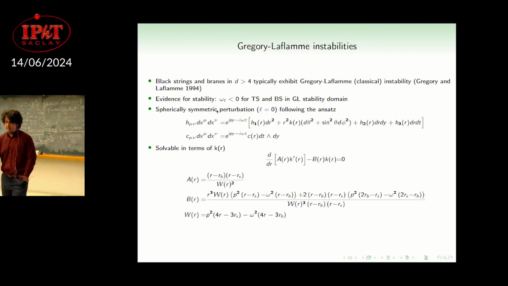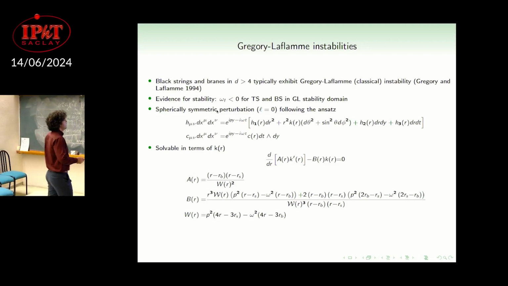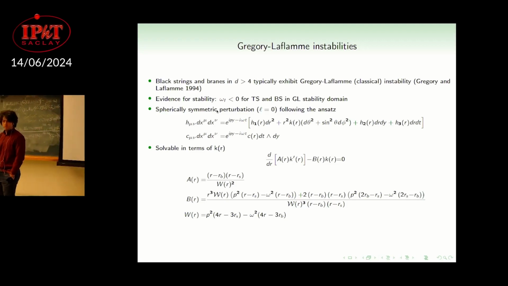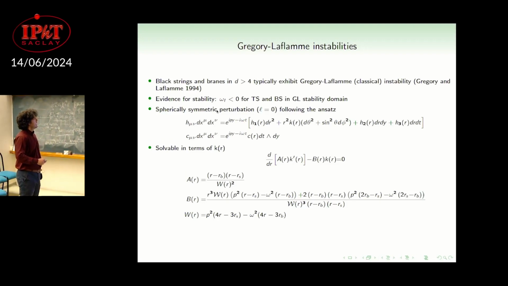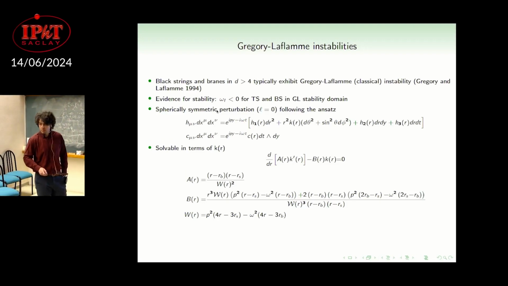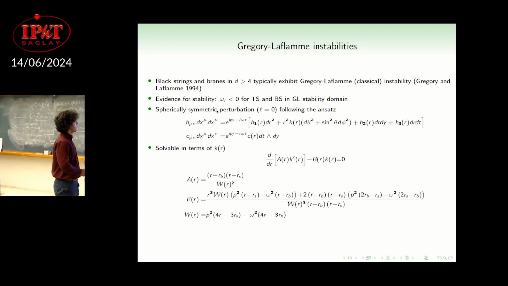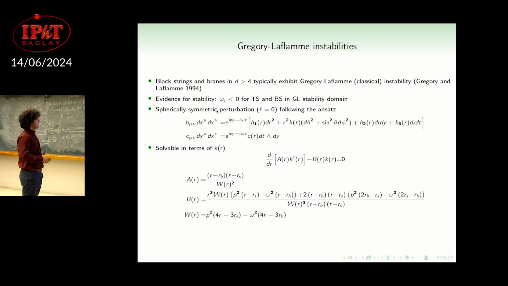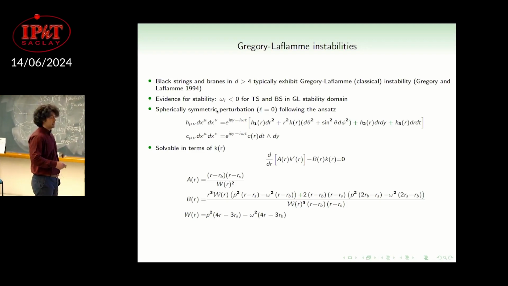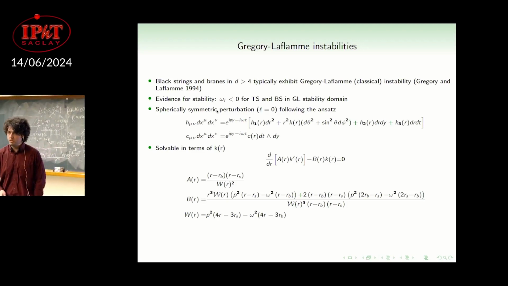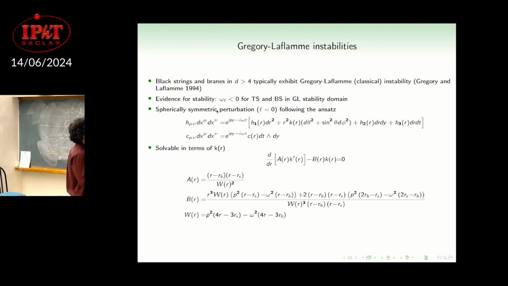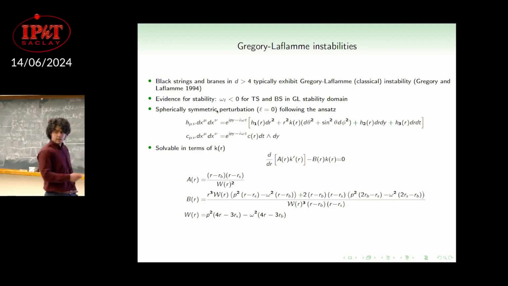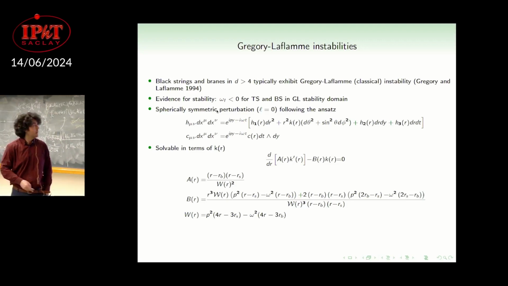So you have another parameter RB. We are interested in this spherically symmetric perturbation, so the angular momentum is equal to 0. You can decouple all the differential equations, and the only differential equation that you are going to solve is a second order differential equation. It is not an easy equation, because it has 3 regular singularities and another irregular singularity at infinity.